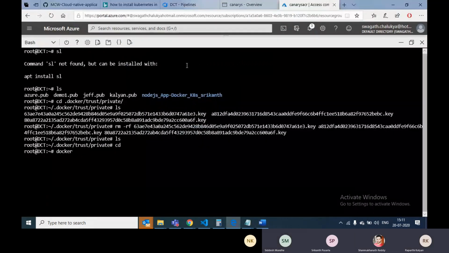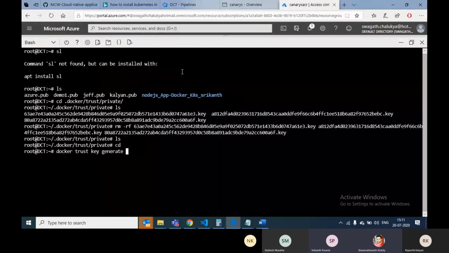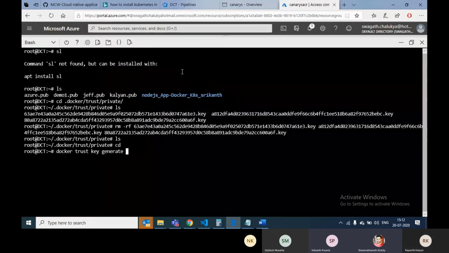Kalyan, you know that DCT equal to 1 variable is a temporary one. If you want to enable it permanently, you should do it in the daemon.json file. First try it before generating a key. Enable the content trust first.